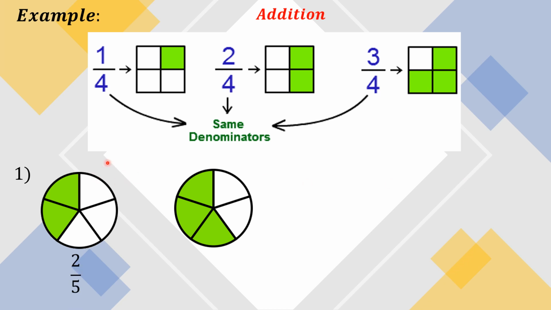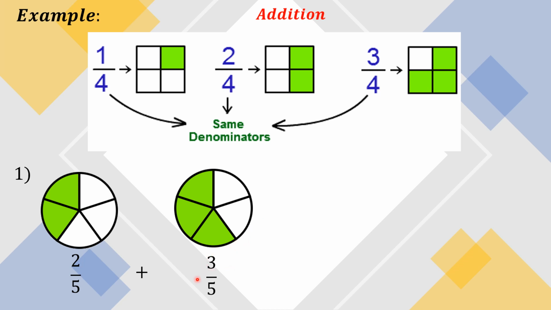Okay, as you can see in number 1, the fraction is 2/5. Why 2/5? Because inside the circle you can see 5 parts. We have 1, 2, 3, 4, and 5. And you can see only 2 shaded parts. So we can say it 2/5. Another example is there are 5 equal parts and the shaded parts are 3. 1, 2, and 3. So we can say it as,